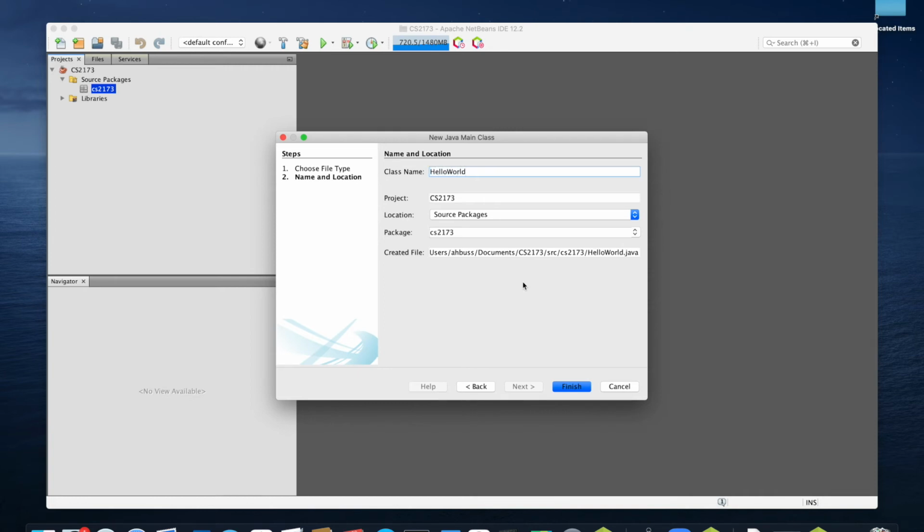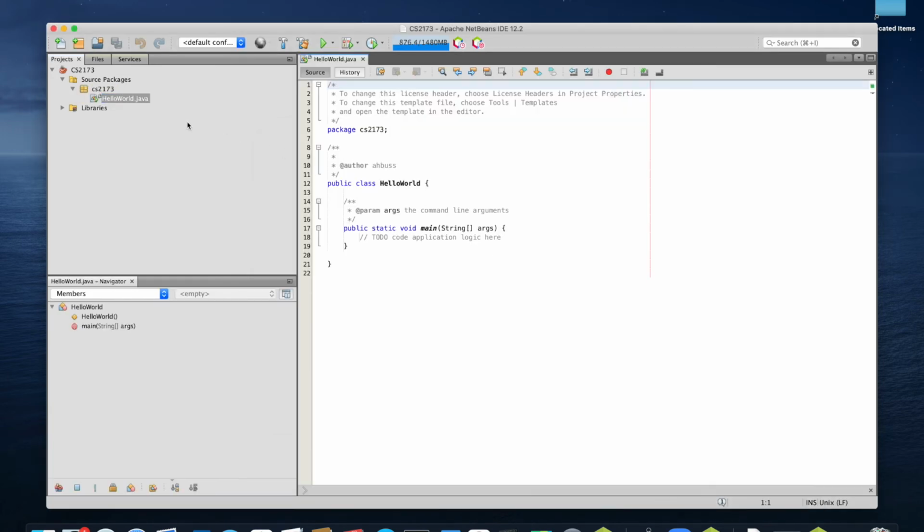Okay, so the name of the class that we're creating is called HelloWorld. Again, just as a double check, we're in the right project. The location is going to be in the Source Packages, but in the specific package here. If that's not there, then you can select it at this point. And finally, as a final check, this shows us where in the file system this HelloWorld.java file is going to be. And if we say OK,